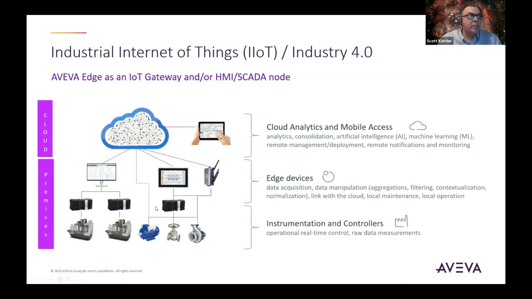So where is this product positioned? It's positioned not only down at the machine level, but at what we call the edge level. And that could mean different things to different people. That could be a pump, a valve, a motor controller. It could be a whole machine. It could be a whole process. You have to think of the edge as different things, depending on where you're going to get that information.